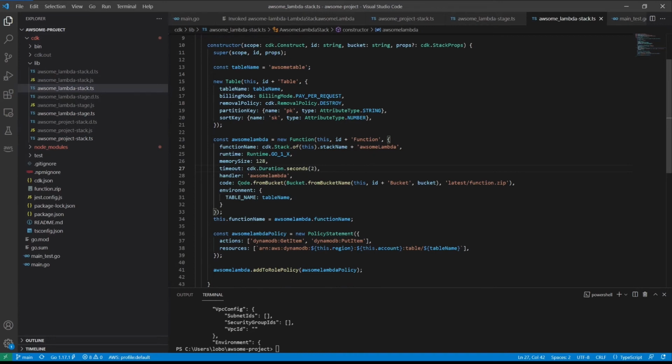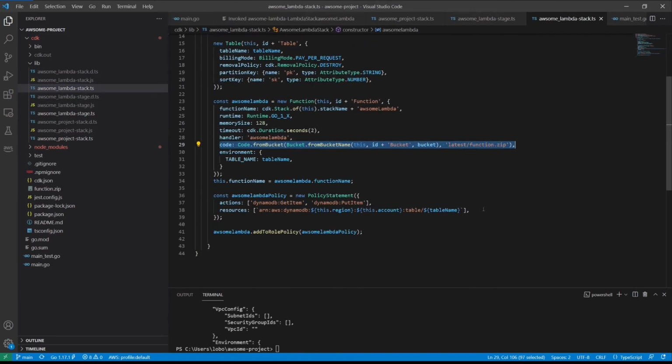And then we need to be able to specify where the code is actually going to land. We'll talk about this a little bit more in a minute, but that code is specified as part of a bucket. The Lambda needs permissions to be able to do things. In this case, we want to be able to talk to DynamoDB.